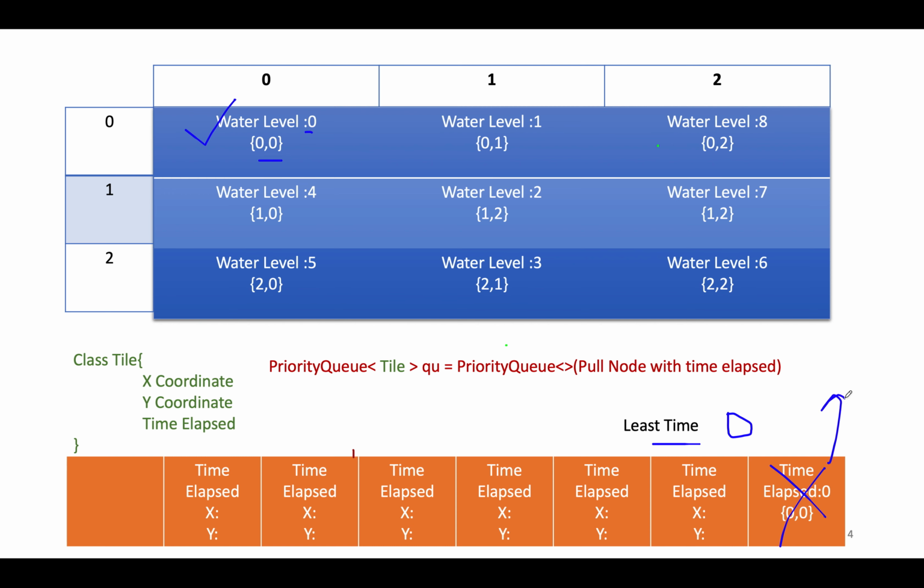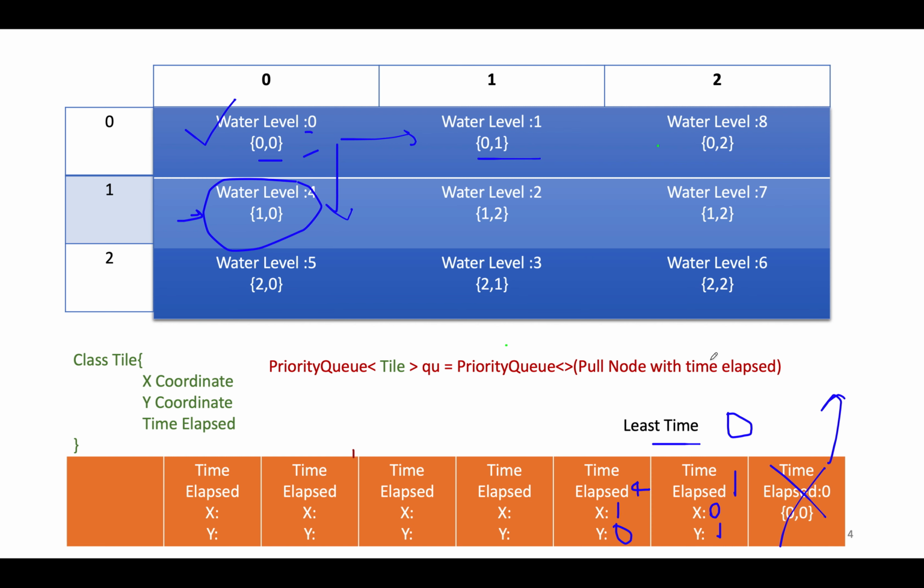So this is gone, and from this position, which all directions can you go? You can go either in the right direction or bottom direction. And if we want to go in the right direction, how much time must be elapsed? 1 second. So we'll dump 1 second into the priority queue with the coordinate of its neighboring node 0,1. Similarly, if we want to reach this particular node, how much time must be elapsed? 4 seconds. So we'll dump 4 into the priority queue with its coordinates 1,0.